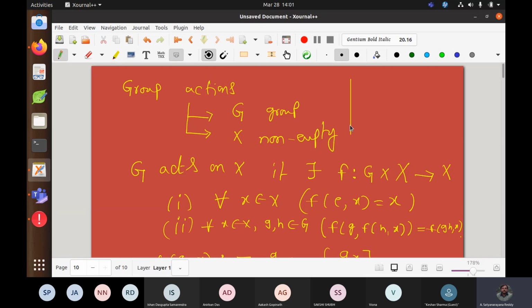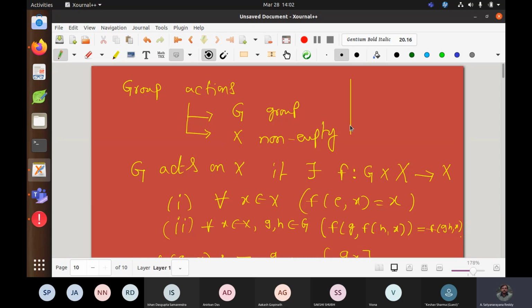For example, next class I will prove Cauchy's theorem. Cauchy's theorem was proved earlier, but there is a journal called the American Mathematical Monthly, where one person proved it using group actions. That became world famous. It is a very nice, simple proof. The way he constructed X and G was beautiful. That is exactly the question you asked, how the thoughts of G and X came. That's why it is a beautiful subject.